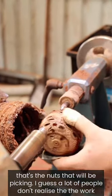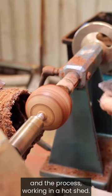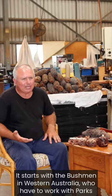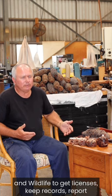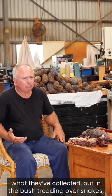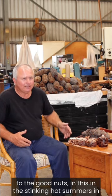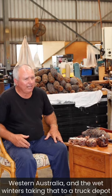I guess a lot of people don't realise the work and the process. Working in a hot shed, we're covered in dust for your whole life. It starts with the bushmen in Western Australia who have to work with Parks and Wildlife to get licences, keep records, reporting where they've been and what they've collected, out in the bush, treading over snakes, tripping over logs, walking through tea tree to get to the good nuts, in the stinking hot summers in Western Australia and the wet winters,